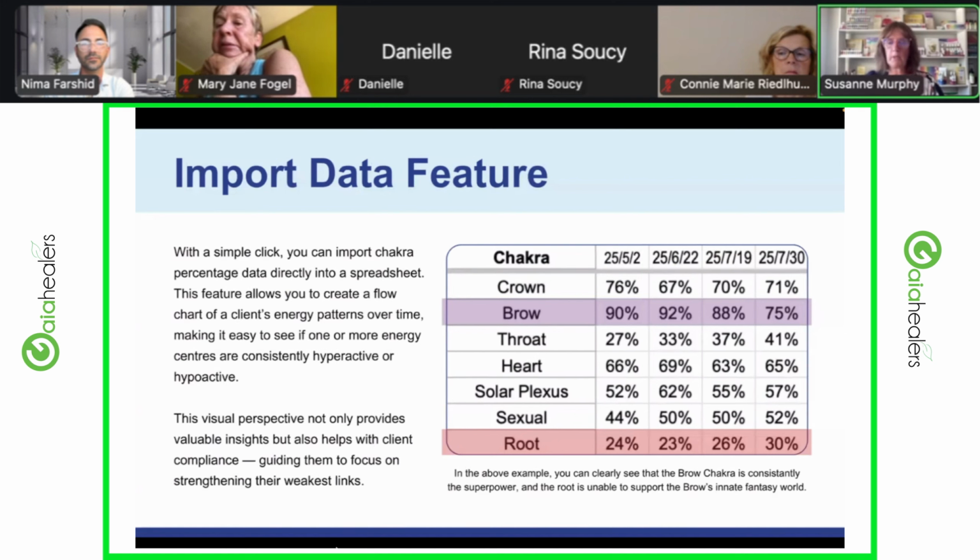So for example, if we did an assessment back in May, and then another one in June, and another one in July, and then again at the latter part of July, now we have four measurings to compare. So you can see in each one, the brow was heightened. Each one, the root is the weakest. So we're able to show people the consistency of their energy, because I can tell you, when I've had people